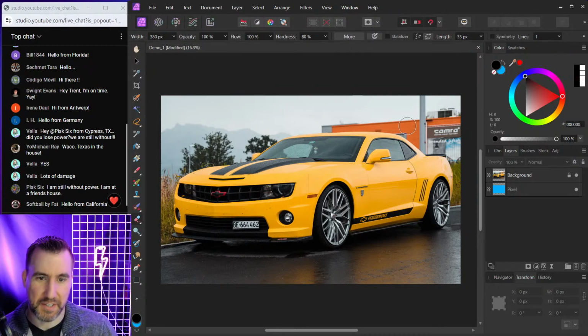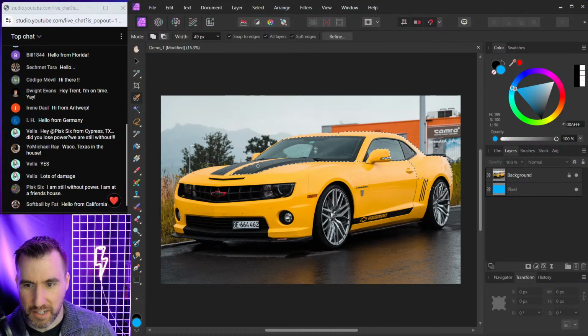Okay, so I click on this, and then maybe I think I'm really smart, so I select my car and do all this. And then maybe I'll invert the selection here. So I selected my car. Now I want to get rid of the background. So right now if I use my eraser,